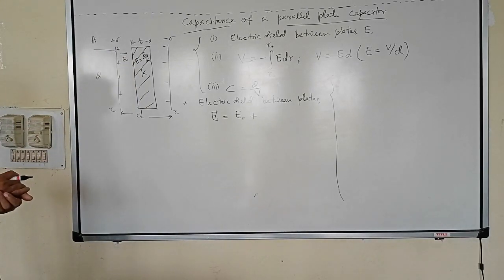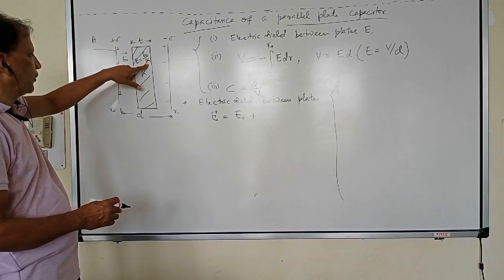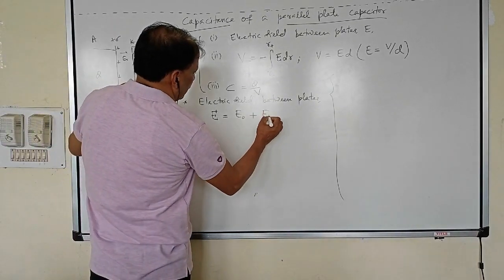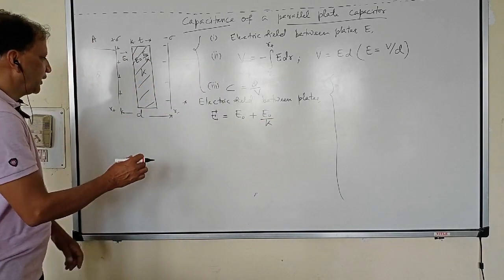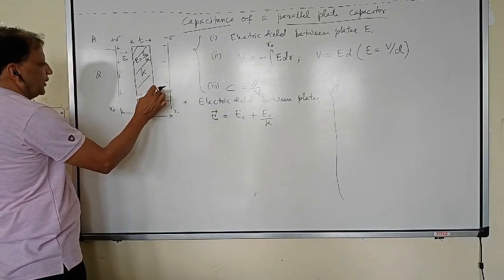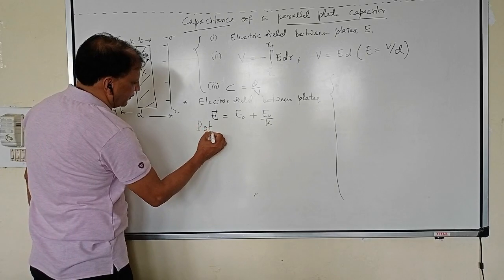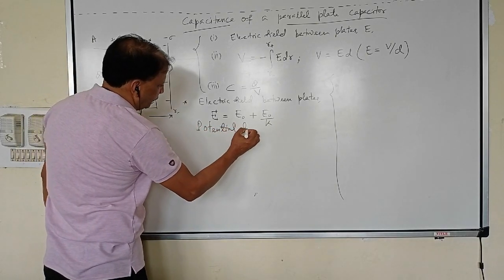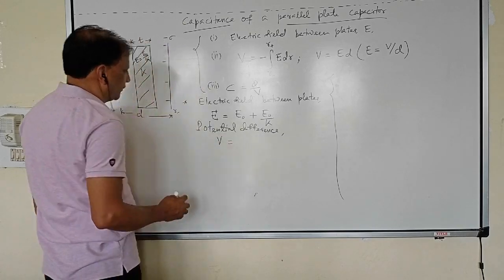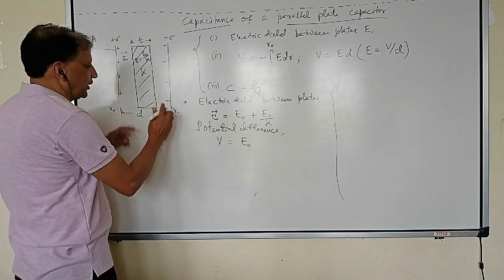So here, what will be the electric field? Inside the dielectric, it will be reduced by a factor of K, where K is the dielectric constant. So here electric field will be E0 upon K. In the remaining region, up to thickness t, this is the electric field. In this length d minus t, this is the electric field. So the potential difference V between the plates, E0, length existing is d minus t.